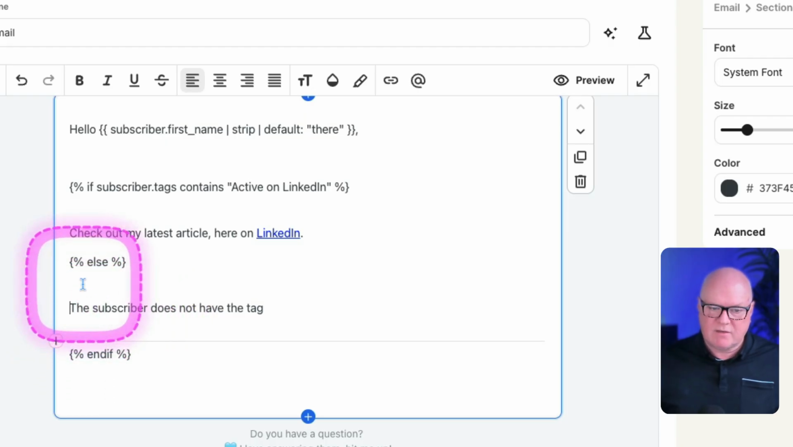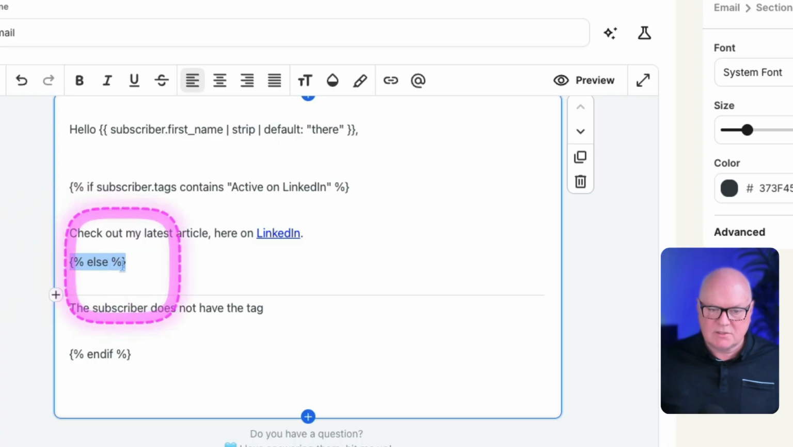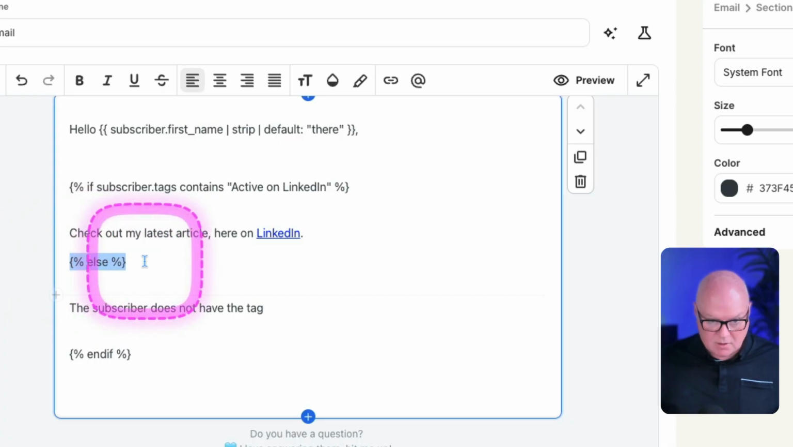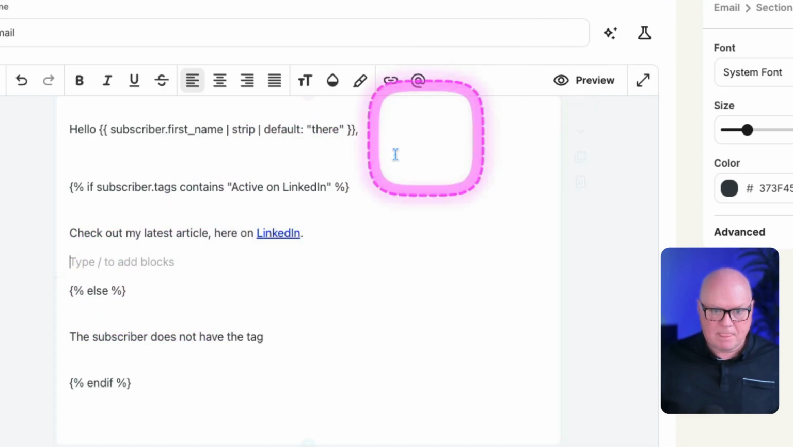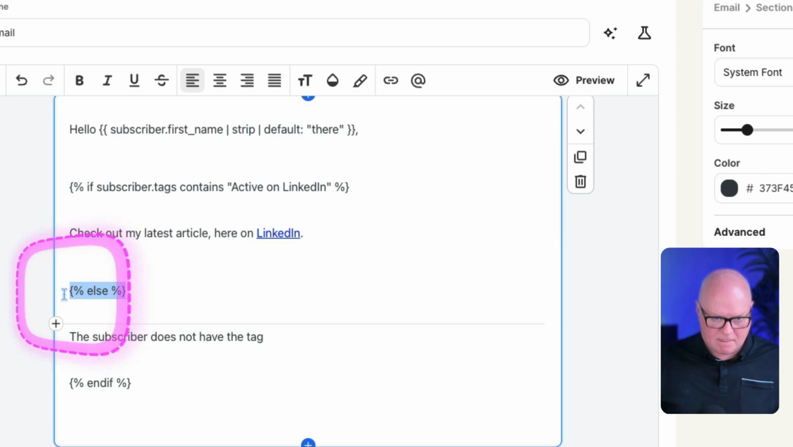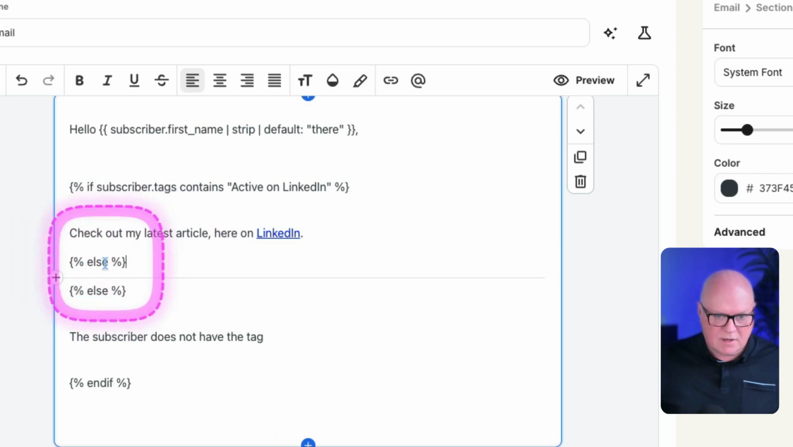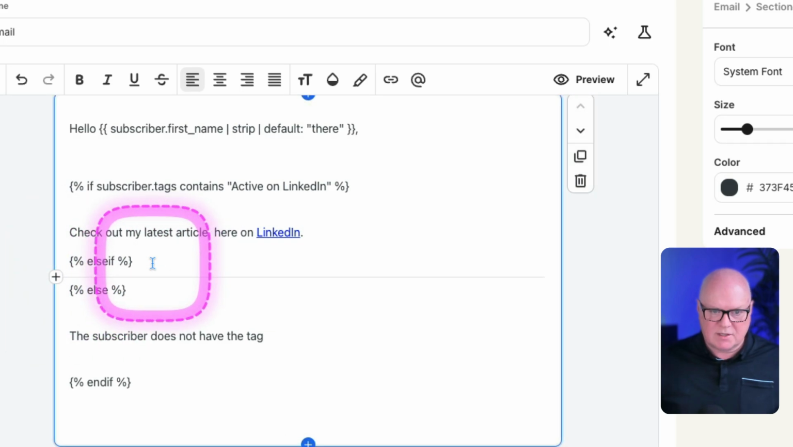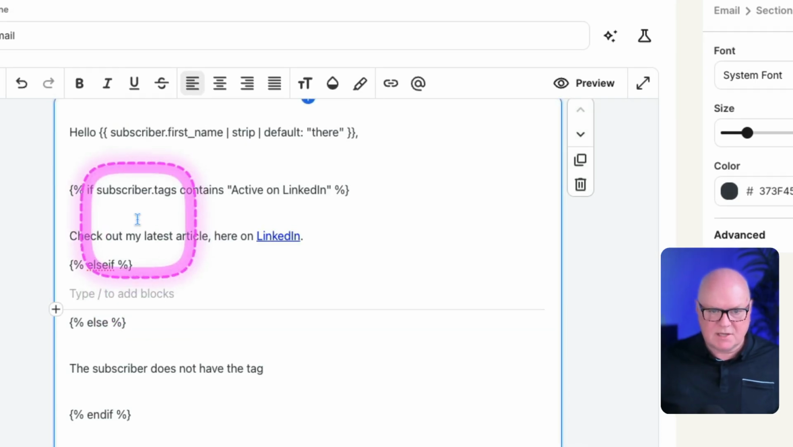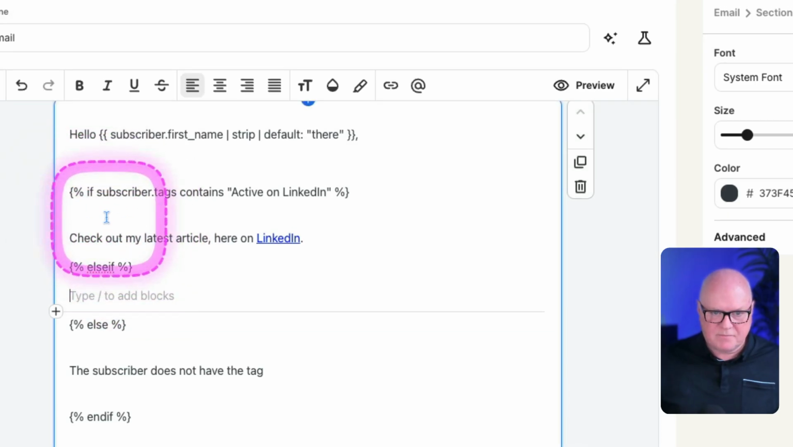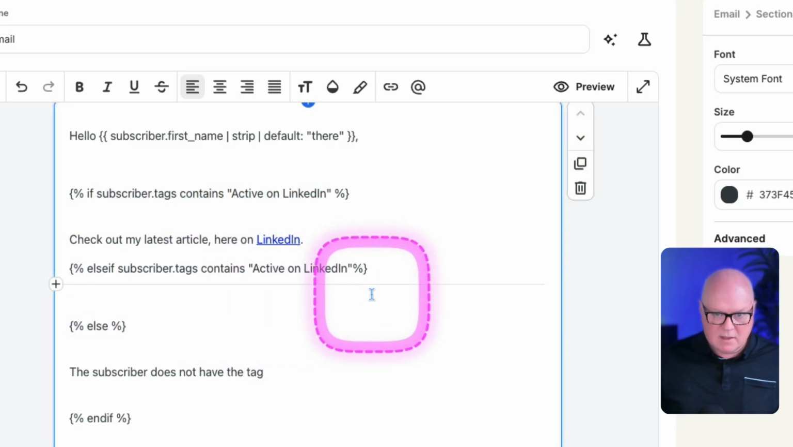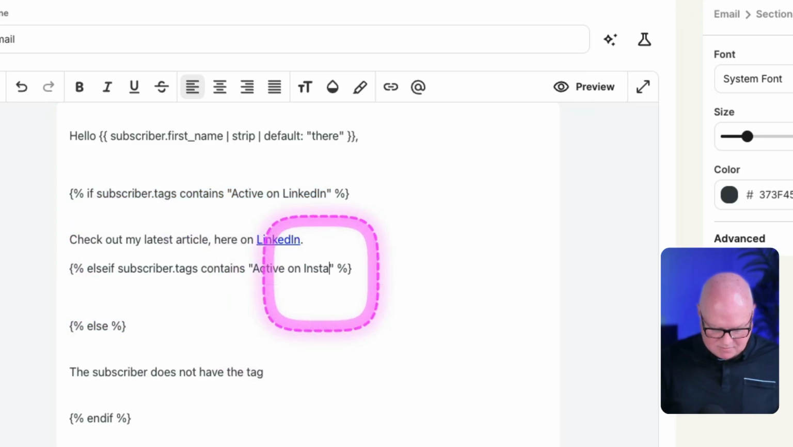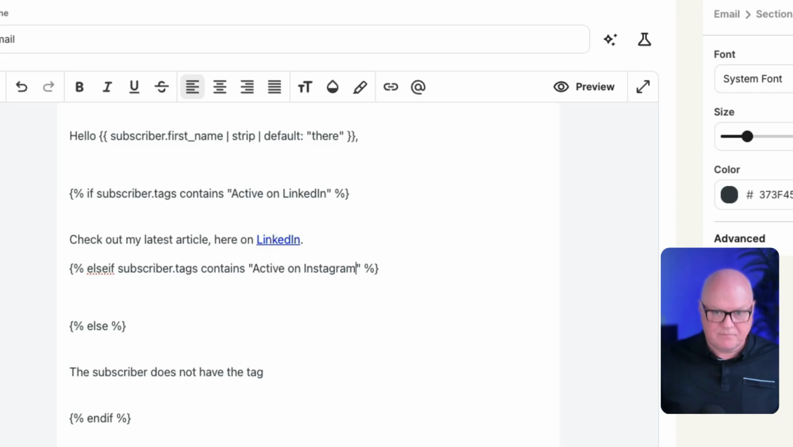But we can actually take it one step further. We can actually put in what's known as an elsif tag as well. So let me just show you what I mean here. So I could change that to else if. Now what that allows us to do is add in another option. So I could say here else if, and then I'm going to copy this and then active on, and I'm going to change this to Instagram. Okay,